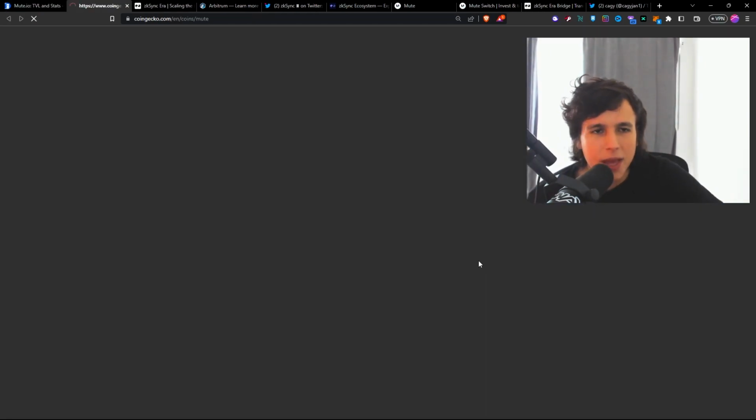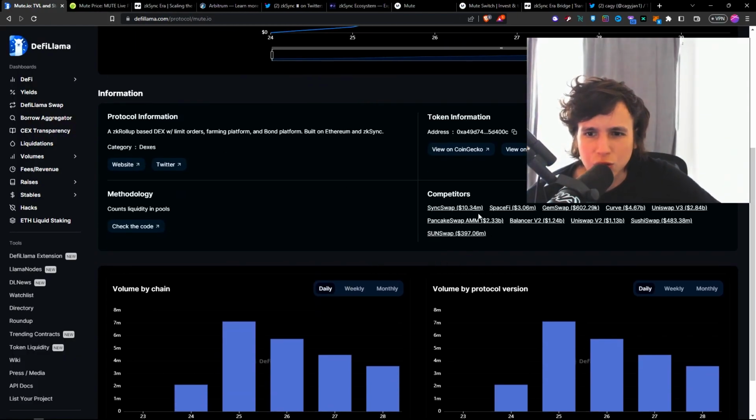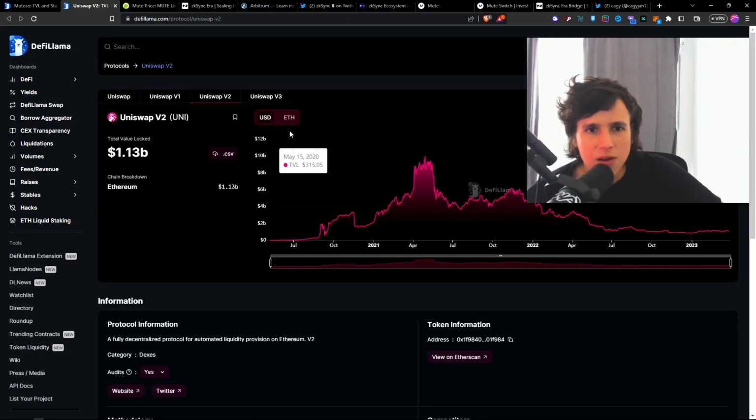I go to CoinGecko, and then on top of that, I see what is the fully diluted valuation. Now, this is actually pretty low, 50 million fully diluted valuation for a project that is a first mover on the zkSync ecosystem. So this could potentially go to 300 million, 400 million, 500 million fully diluted valuation. If you compare this to something like Uniswap, for example, Uniswap has, I don't know, like 6 billion fully diluted valuation, and total value locked is